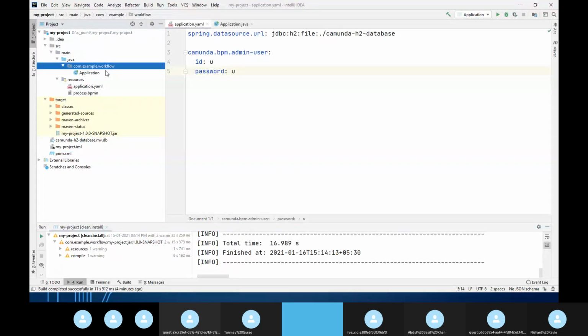Is this clear? So jar is nothing but one more library which contains all the dependencies or libraries that I have used plus the business logic that I'm going to write. Bundling all of them into a single file is called jar. Okay, got it.